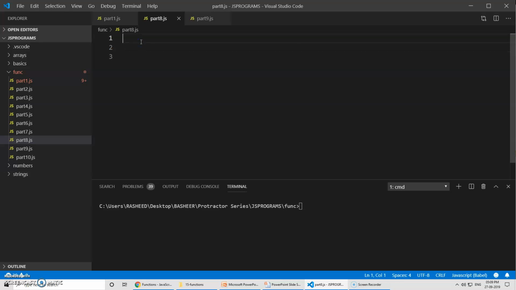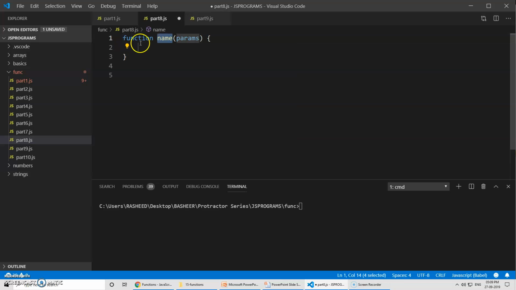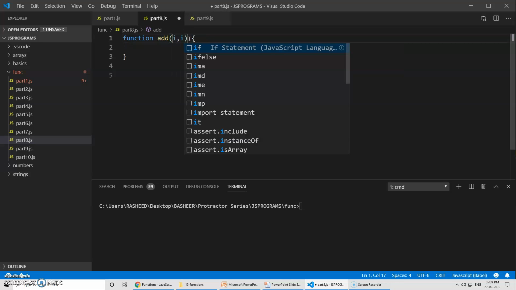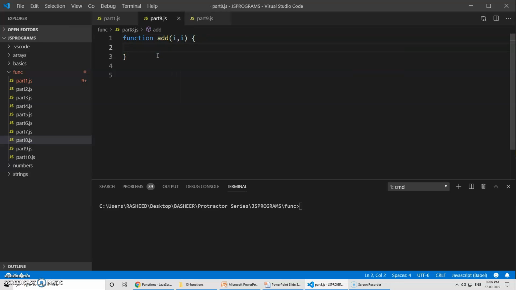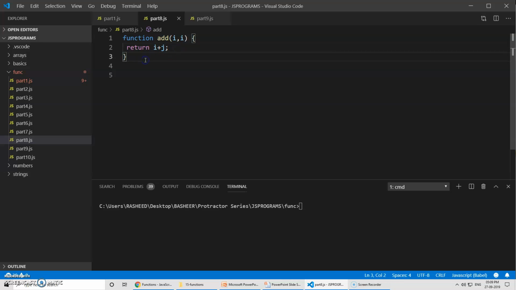So if I recap, let's say I want to do addition of two numbers. What can I do? Simply say add, and you can pass the parameters, which is not mandatory, and return i plus j, sorry, it should be j, and then you can say log add, and let's say 10, 20, and now if you run the program,